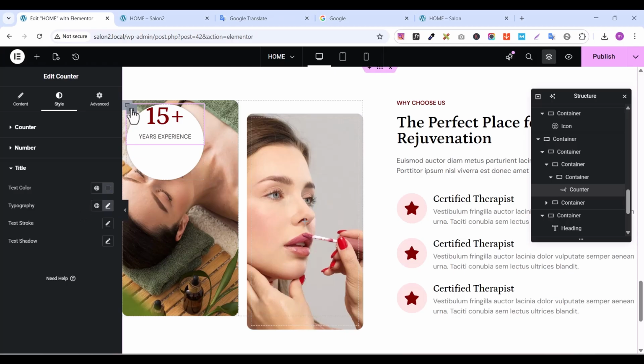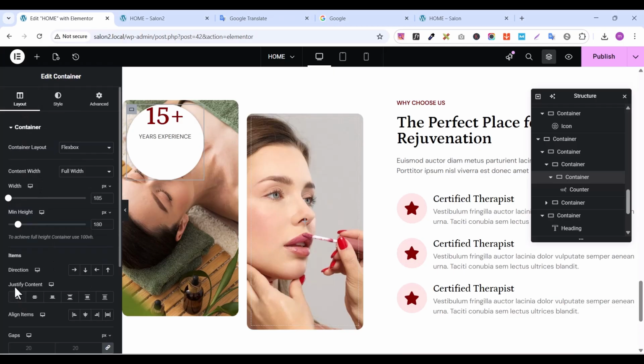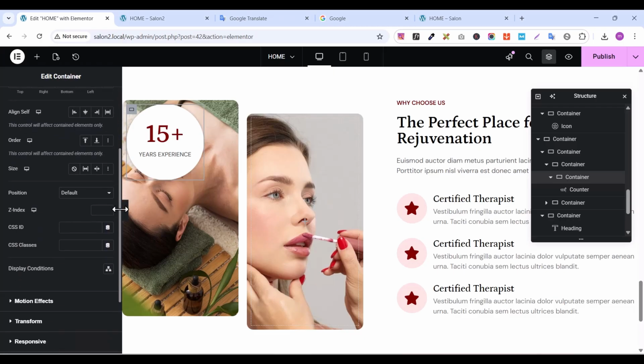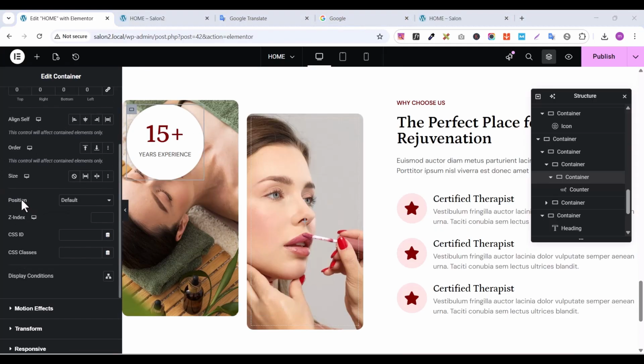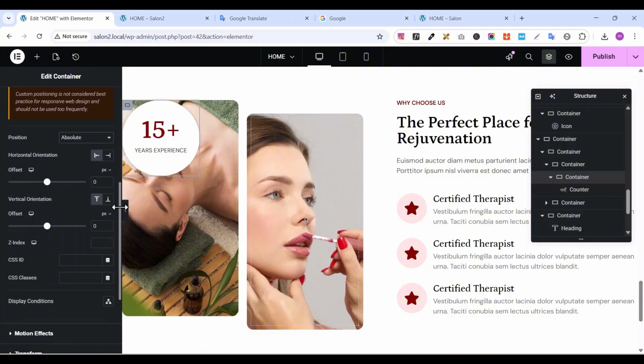All right. So select this container, go to layout. On justify content here, click on center to center it nicely, like this. And after that, let's go to advanced. So let's drag this bar below. Okay, select this. So under position here, click on it and select absolute. Okay, like this. So after that, drag this bar below again, and on the offset here, let's enter inside